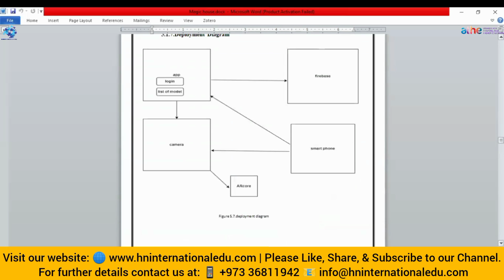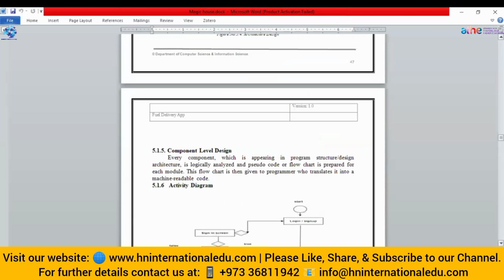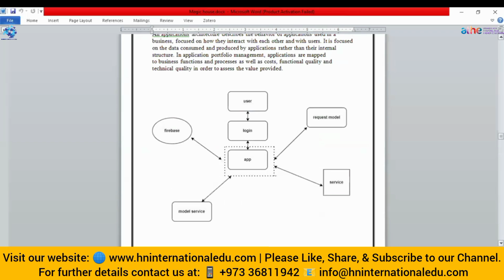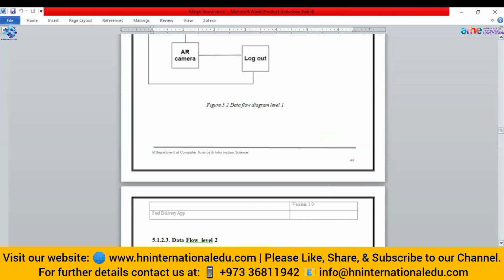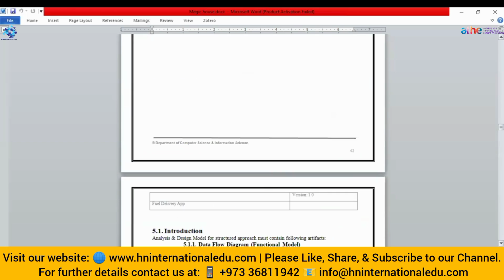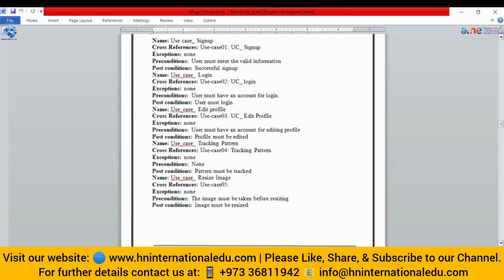These are all the diagrams that we include in the documentation to explain the functionality of that application. So you can see this is how the original documentation is. This is a use case, or we can say a test scenario, where the user can sign up. The user must enter valid information. So in this way we can create a test plan for the website that we have just created.